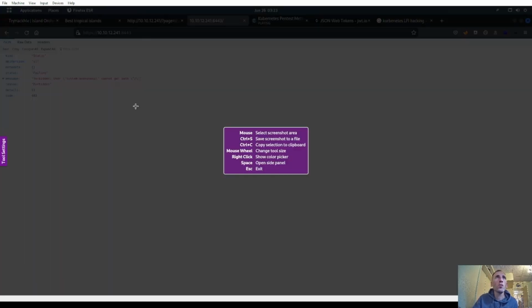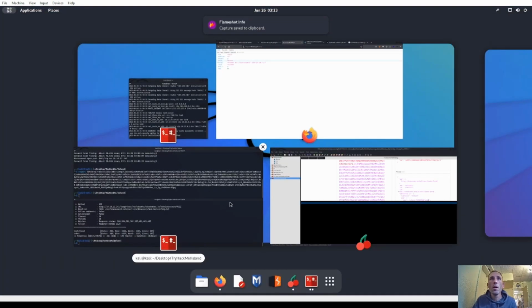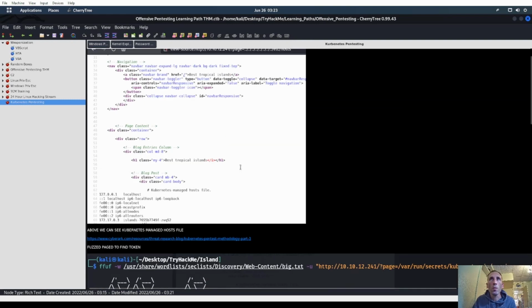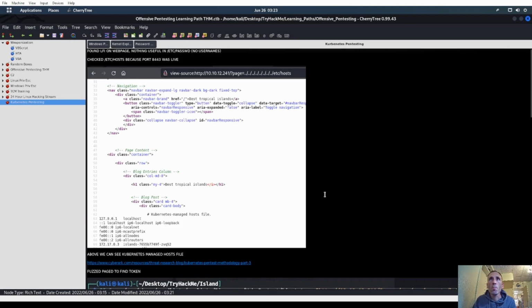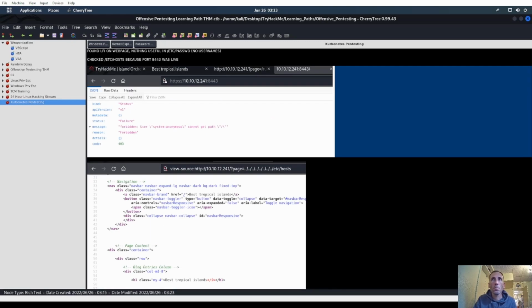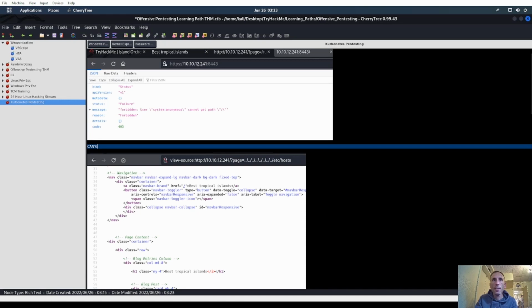Actually, I'm going to print screen this real quick also, just so I can show it's on port 8443. Just in case I can get in anonymously, then maybe I bypass a lot of what we're doing right now. Okay. Can't get in anonymously. Okay, so